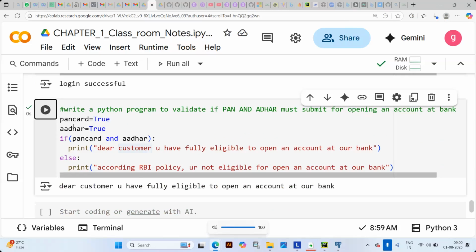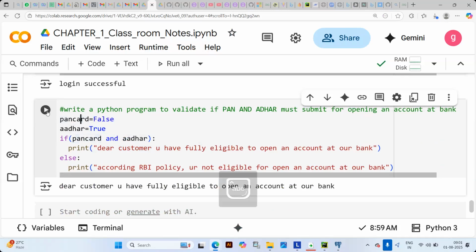Yeah. So let us suppose this particular case is possible in a metropolitan city, but if we go to remote villages, I think people might not have a PAN card for everybody because they are illiterate. Probably they belong to a cultivation background. So here the situation is that if you make a rule that both must be submitted, then if somebody has not submitted a PAN card,